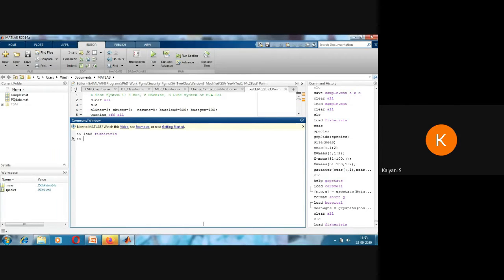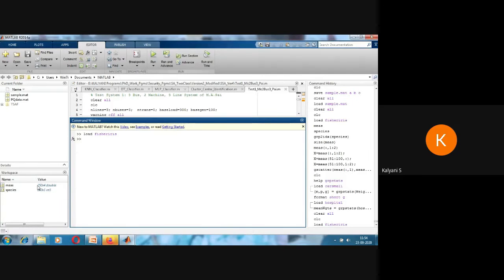If you have 1 lakh data, you take 75%, that is 75,000 data for training and 25,000 data for testing, or an 80,000 to 20,000 ratio. So what I am going to do is, we have 150 samples now. I am going to take 120 for training and the remaining 30 for testing. This is what I am going to do now. For that, it is very important to select the data samples for training. Normally what people do is, see, I have 150 samples. The first 50, if you remember, belong to class 1.